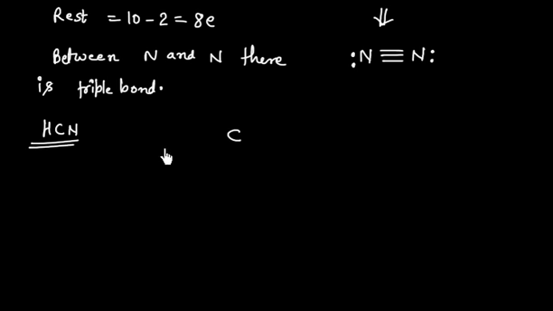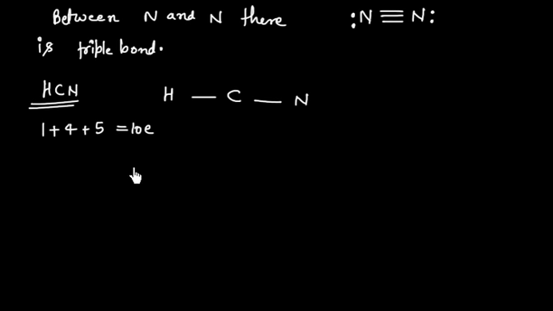Carbon is treated as the central atom, hydrogen is one terminal and nitrogen is another terminal. Carbon is less electronegative than nitrogen, and that's why it is the central atom. At least one bond should be there. Now you have 1 plus 4 plus 5, that is a total of 10 electrons. We have used 4 electrons, so the rest is 10 minus 4,